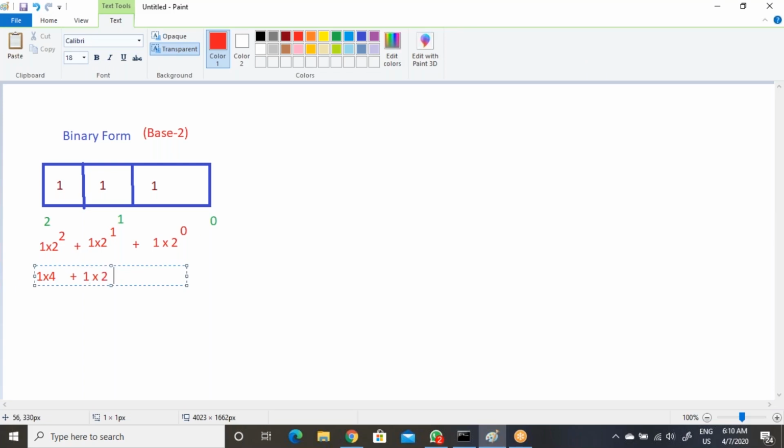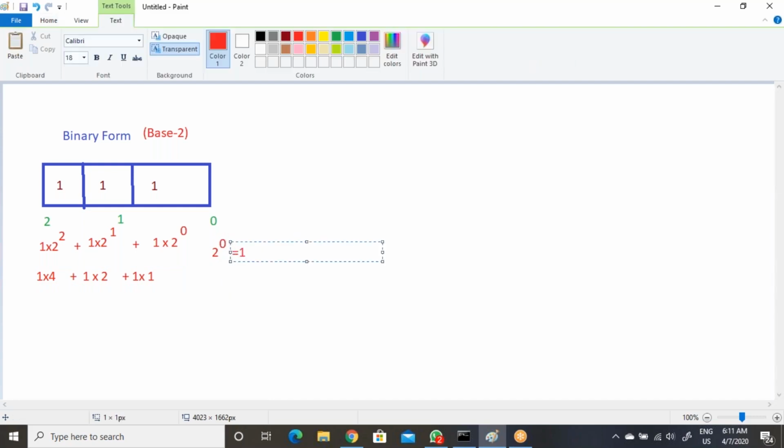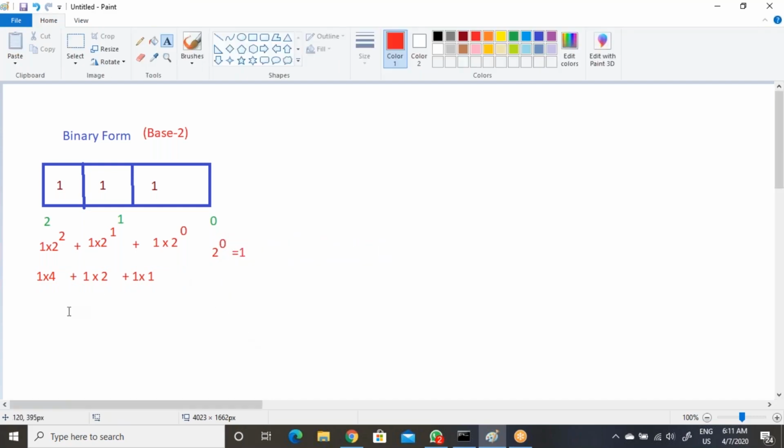Okay, so make sure 2 power 0 is always 1, not 0. So in this case, now understand, 4 plus 2 plus 1, the total value will be 7.